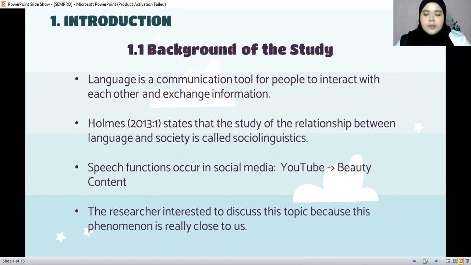The way people talk to a friend may be very different when people talk in a formal conference. It means the function of language is also different. That's why it is called speech functions. And usually, the researchers about speech functions take sources from novels, movies, or the real class situations, but actually speech functions occur in social media. For example, YouTube, the most popular social media platform